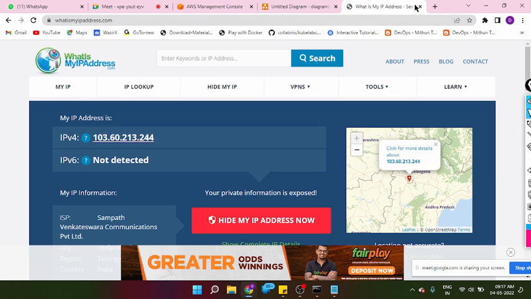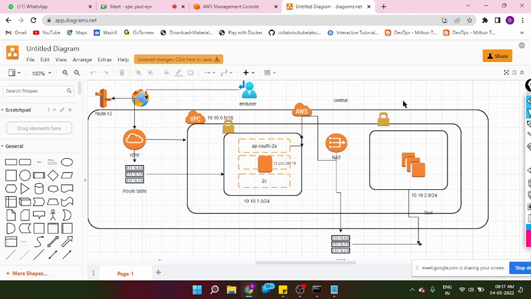Now coming to the diagram. This subnet is totally configured with private IP addresses only. Here we are not going to enable auto-assigning of public IP. So why do we use this private subnet, sir? We are using this private subnet for EC2 instances and databases, RDS. Why? Because